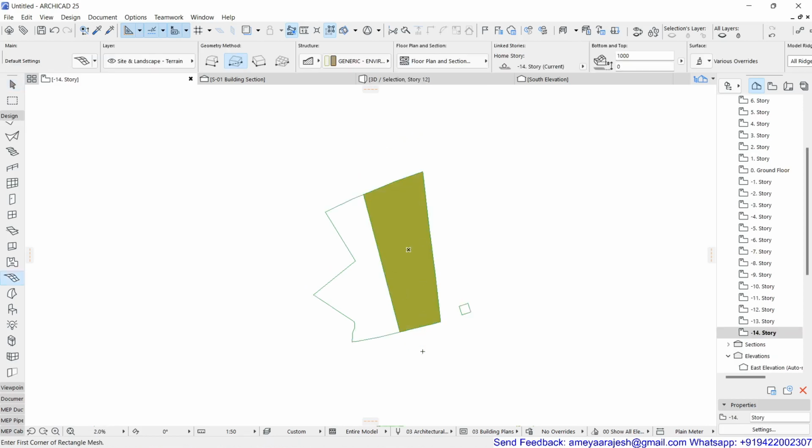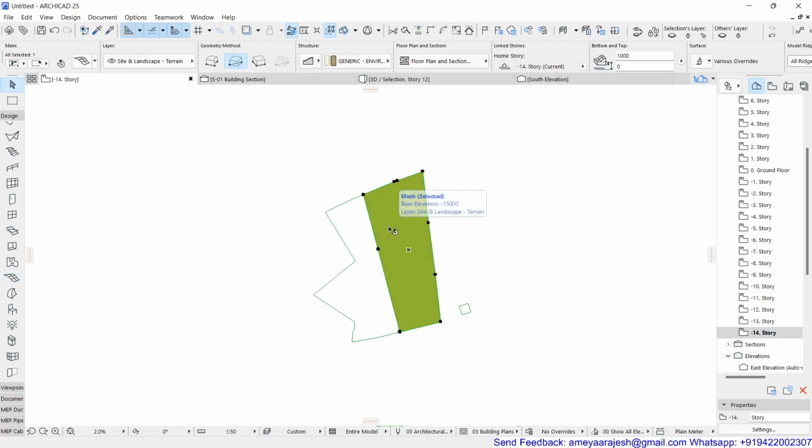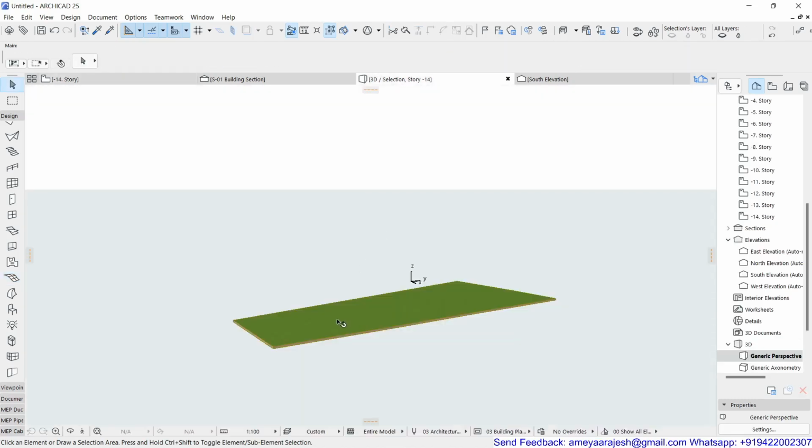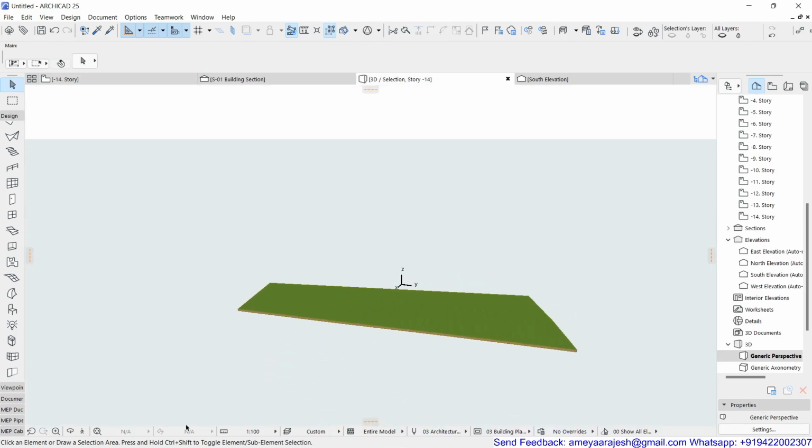So after tracing the plot boundary, now it's time to cross-check the seam in your 3D view also. So I'll just try to isolate this and let's see how it looks. So it's a very simple plane structure.